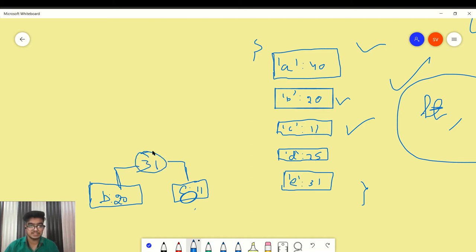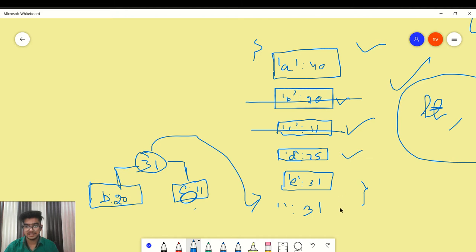and this 31 is again pushed to the heap as empty key and a 31, and we have to cancel these two things. Now we cancel it, and again we are finding the two minimum, which is 25 I think, and 31.